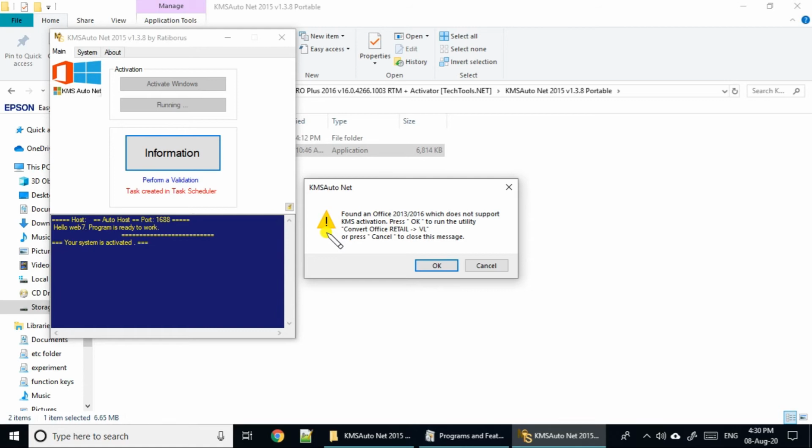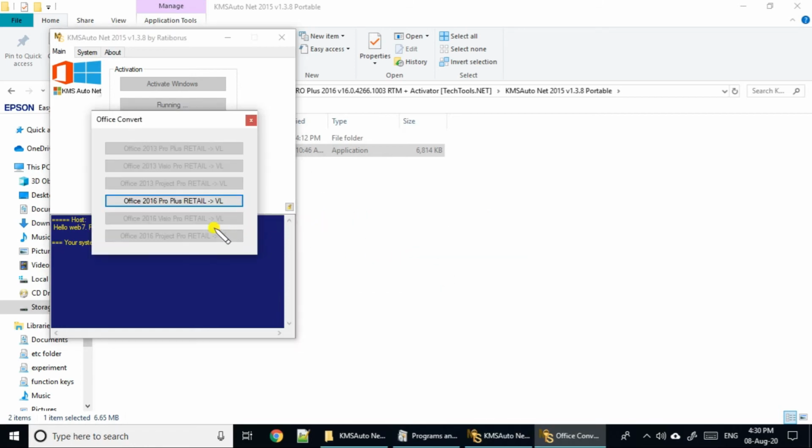Afterwards you will be able to activate this. So click on OK. Click on Office 2016, this one. So it is running. Wait for 5 to 10 seconds. Okay, it depends on the computer speed also.